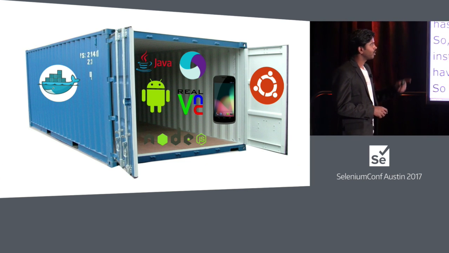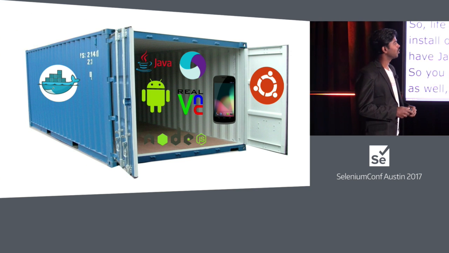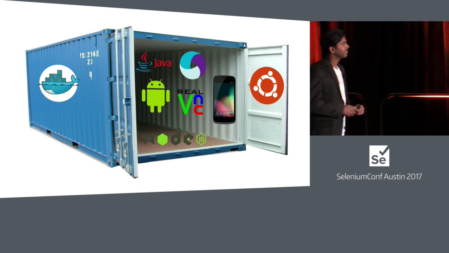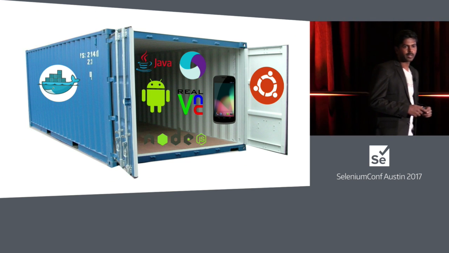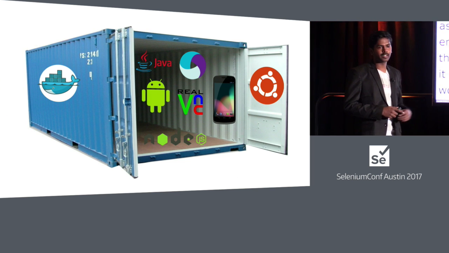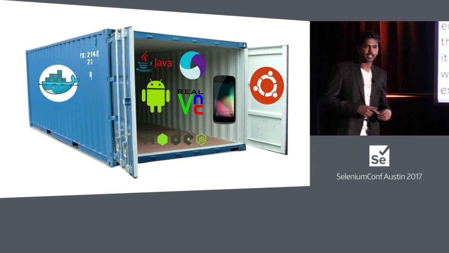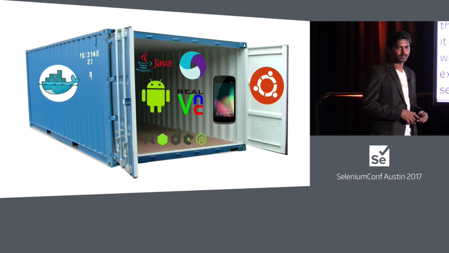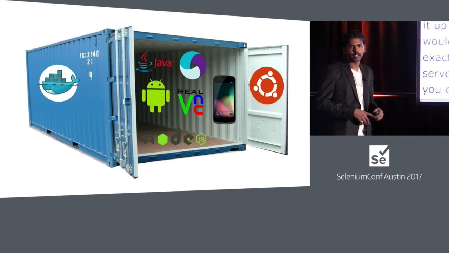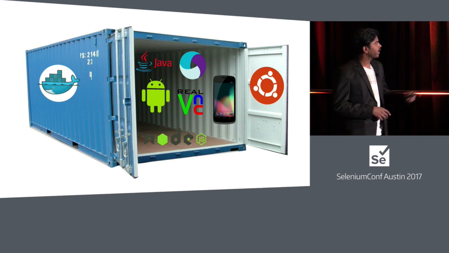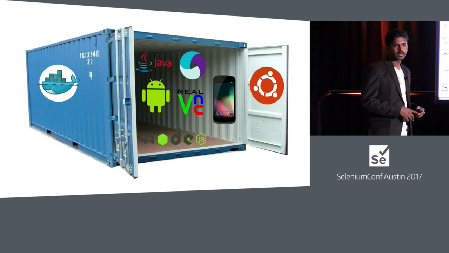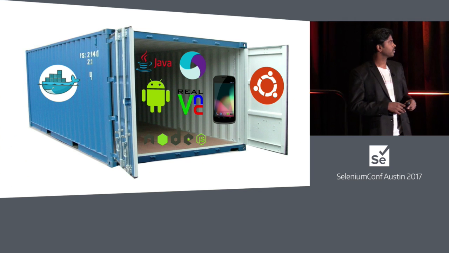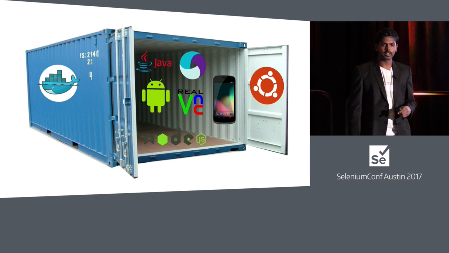Again, the OS is a base image. The base image is Ubuntu, which is on the right. And I have an Appium server which is up and running in my container. What I would like to see is what is happening exactly inside my container, so I have a real VNC server up and running. Anytime you can connect and see what's exactly happening inside my container. Is it really running, or what magic is happening inside? So I have a container, a Docker image. If I power it up, all the applications that I have kept inside will be up and running. So the Appium server will be listening on the same port 4723 that we use.